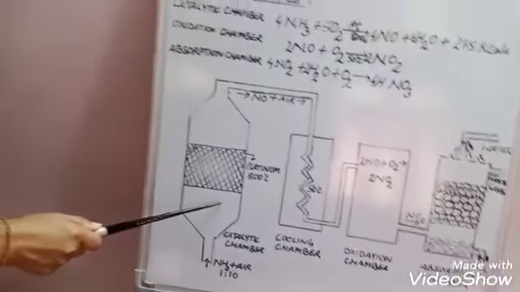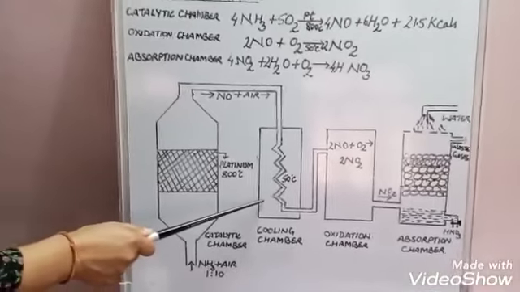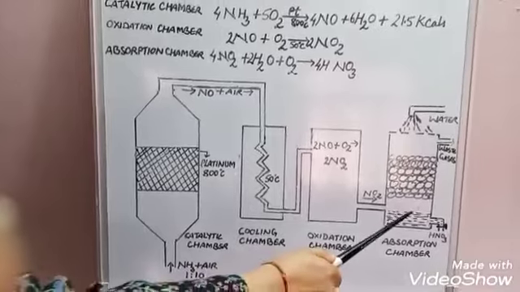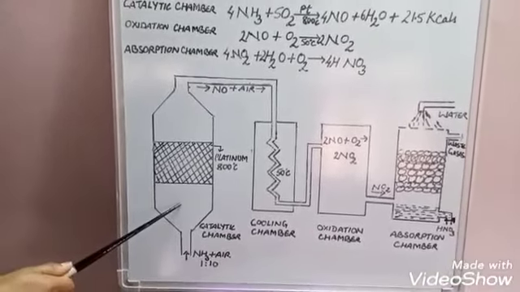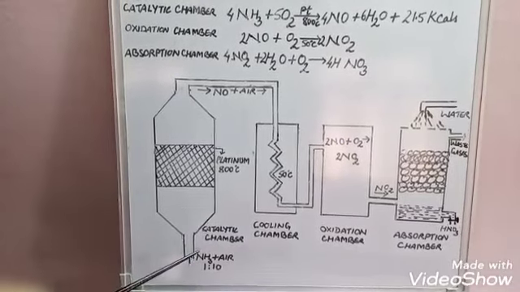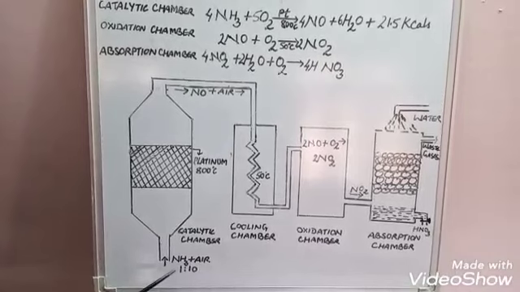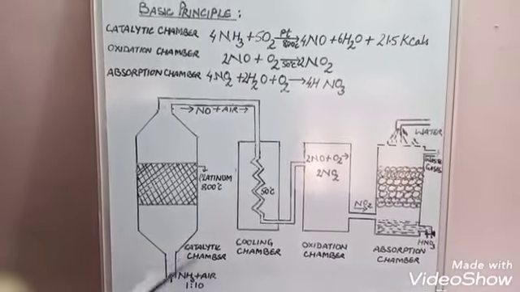The first chamber is called the catalytic chamber. The second chamber is the cooling chamber, then the oxidation chamber and the absorption chamber. In this catalytic chamber, pure and dry ammonia and air are taken in a ratio of 1:10, and this mixture